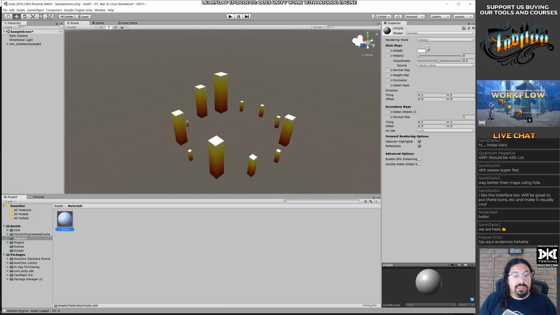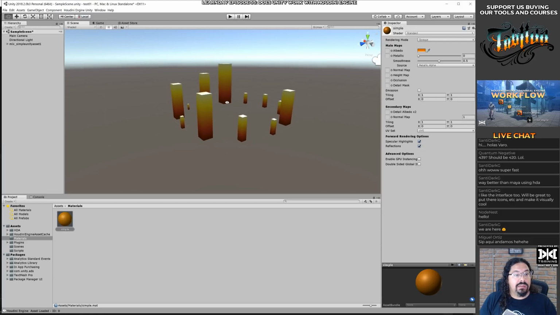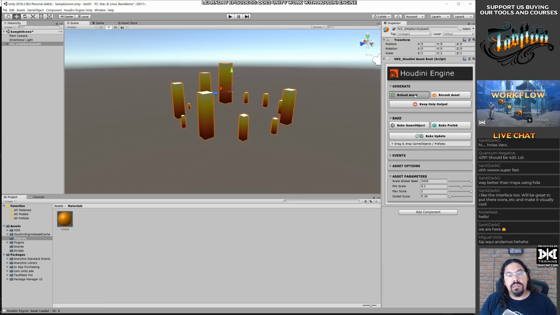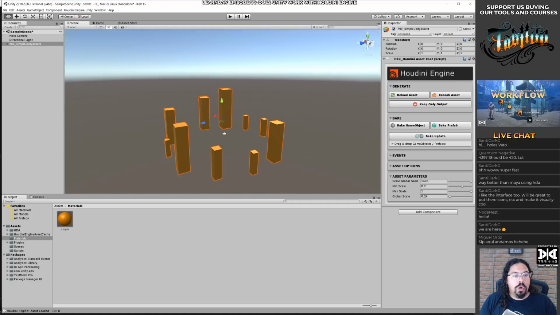Let's make this some distinct color, because if it's working, we're not gonna see it. So we're gonna lose that texture, and we're gonna have that material if everything works alright. Alright, let's refresh this guy, reload. Yeah, it worked. Look at that. Woo!